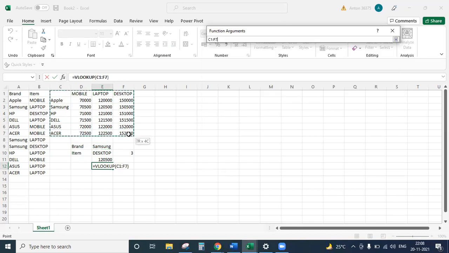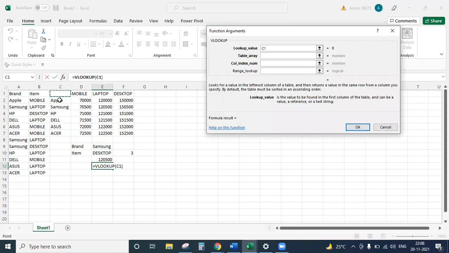No, don't go back. You are in lookup value. Your cursor is blinking on lookup value. This has to be Samsung, E9.